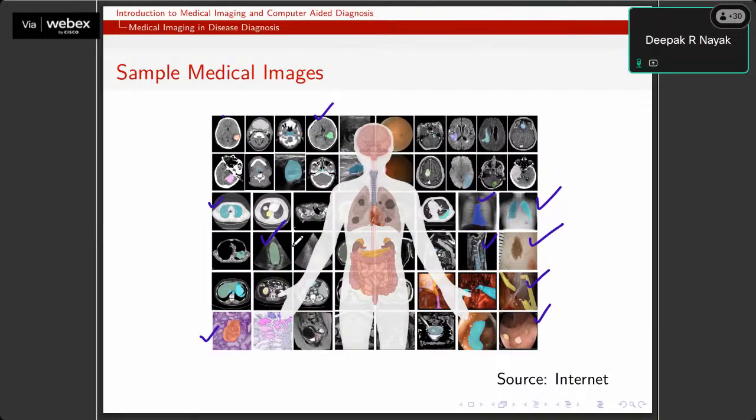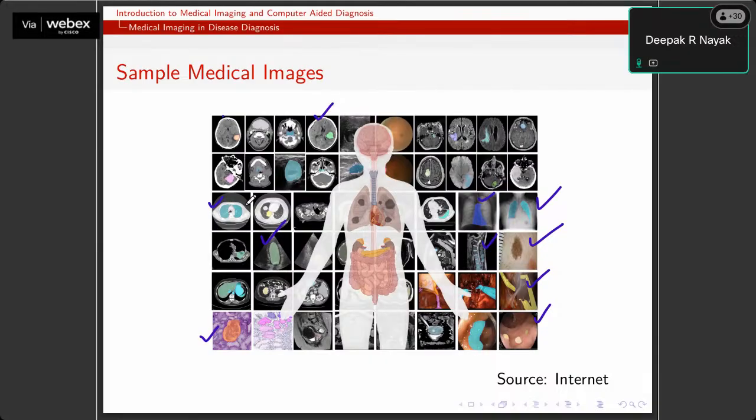Like I've shown you two pictures in the previous slide, which are natural images, and we know each and every content of those images, but unfortunately we do not have much idea about this kind of images. So that's why we always need the help of the doctors to label this kind of data, so that we can design some sort of algorithms. There'll be some inputs in the form of these medical images,